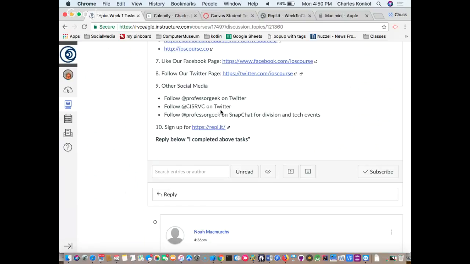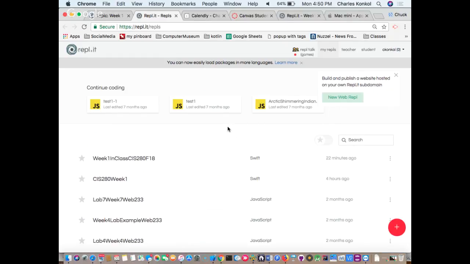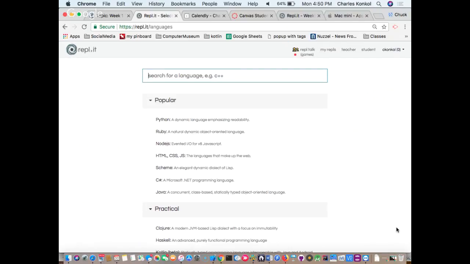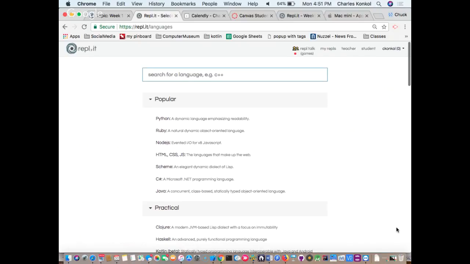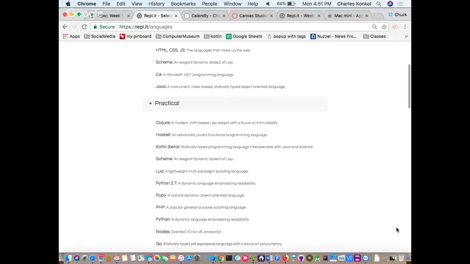Definitely. And lastly, signing up for Replit. Replit is basically a tool that I'm using tonight. It's really fun, and you can use it to compile multiple different languages online. So we'll be doing Swift in here this semester. But notice in here there's Python, Node.js, HTML, CSS, JavaScript, Scheme, C#, Java, and then some practical languages, including PHP, which I'm teaching this semester, and Go, which is a really popular new Google language for development,